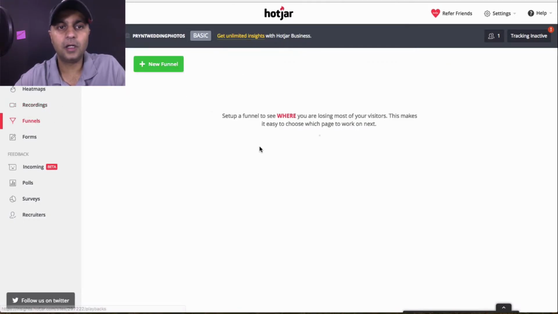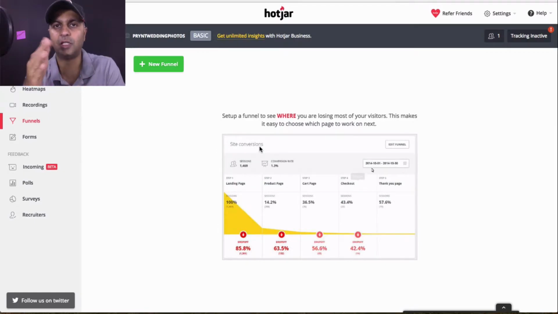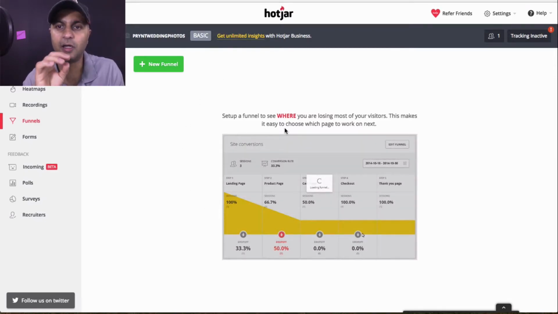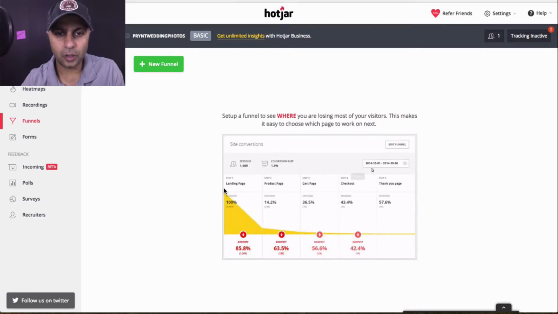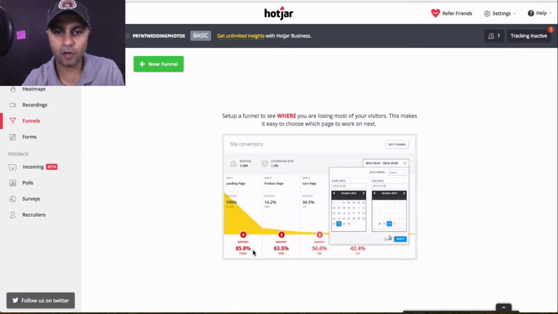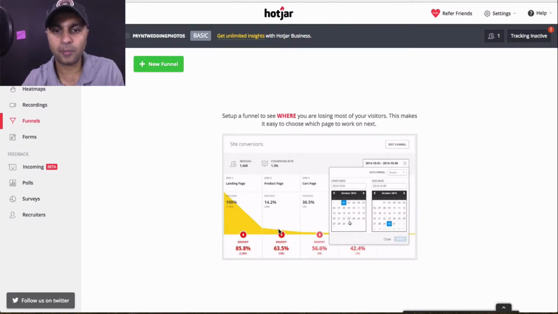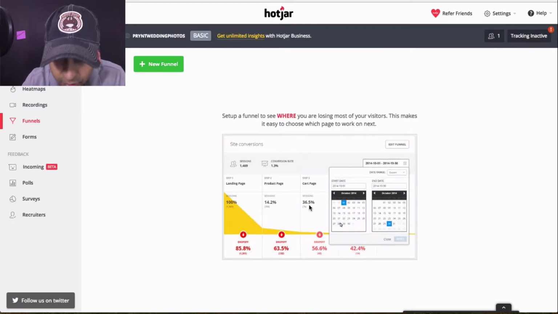Next is funnels. So you can build a funnel which would be, okay, I want people to come to my landing page, then I want them to land on my checkout page, then I want to show them my thank you page. So that's your funnel, and you can add that funnel in here, and as long as the Hotjar code is there, Hotjar will be able to tell you where you're getting a traffic drop off. So here's an example. A lot of people come on the landing page, 85% drop off, and then of the remaining 14% go to your product page, and then you have a 63% drop off from there, which means only a few of those 14%, which if I zoom in here,